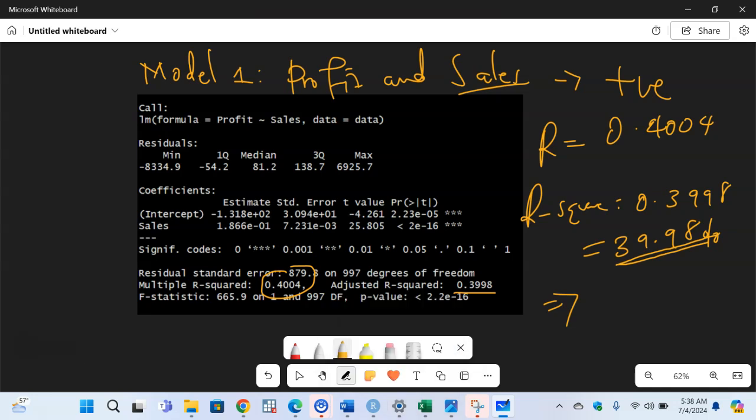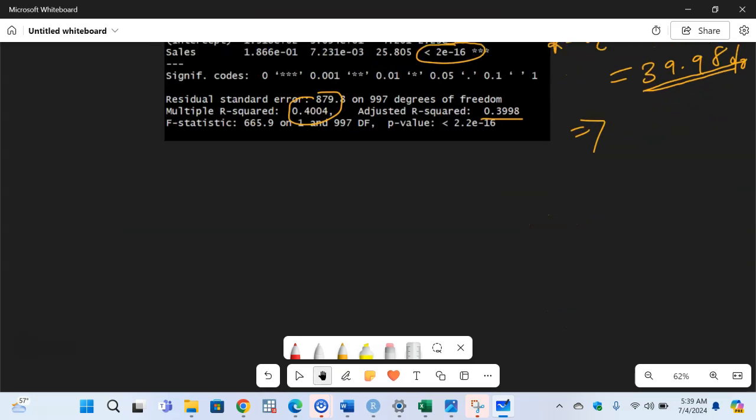Is it significant? Yes, it's significant because the p-value is less than 0.05. But this can change. It can be 0.01, can be 0.10, depending on what is set, but this is the most commonly used p-value. So assuming we had set, let me just scroll up. Assuming we had set a